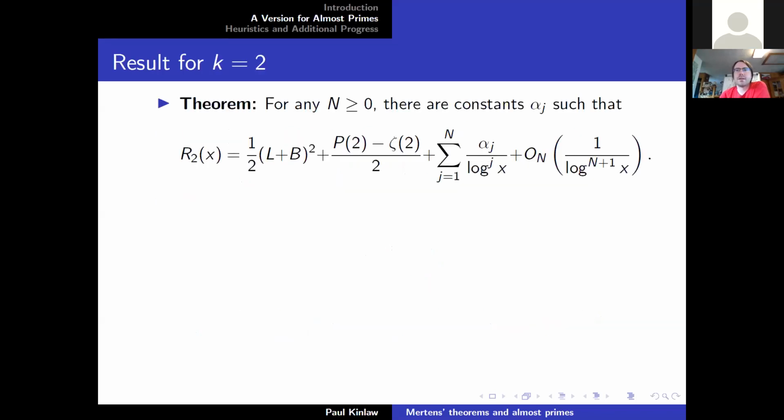And here's an improvement, which is substantially more refined than last year's talk. For any integer n at least 0, there are constants alpha_j such that R_2 of x